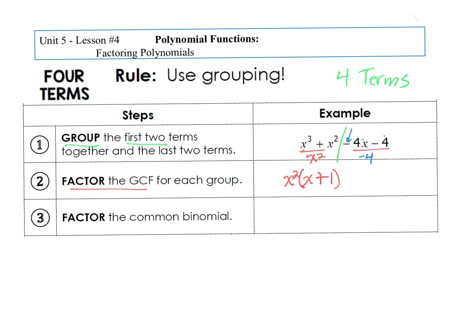When we divide each of these terms by negative 4, we get a positive x. Negative 4 divided by negative 4 is positive 1. Wrap it up, and negative 4 goes on the outside. So the awesome thing about